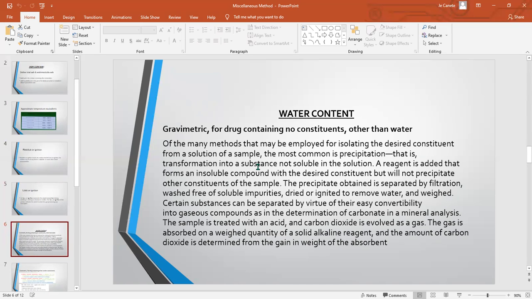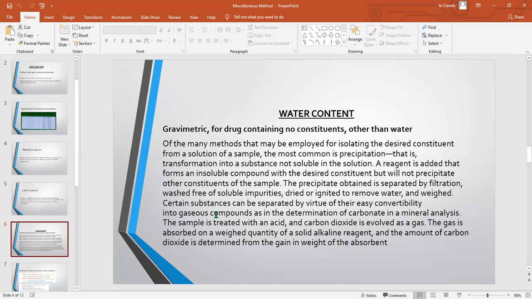A reagent is added that forms an insoluble compound with the desired constituent but will not precipitate other constituents of the sample. The precipitate obtained is separated by filtration, washed free from soluble impurities, dried or ignited to remove water,